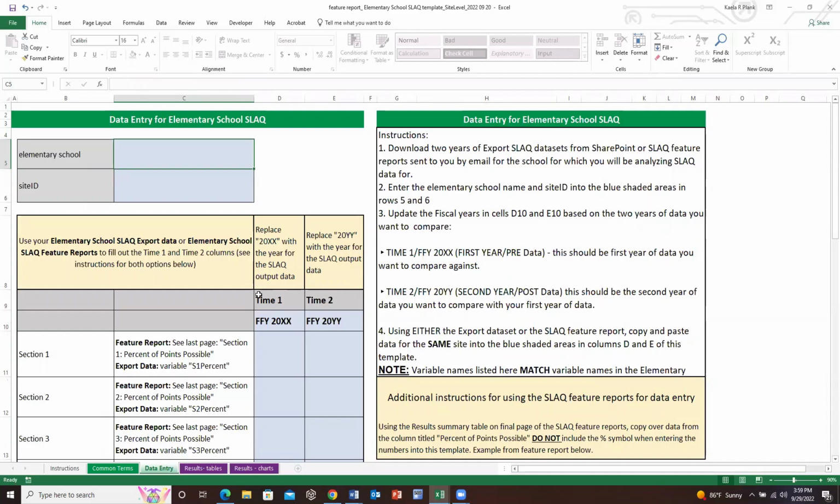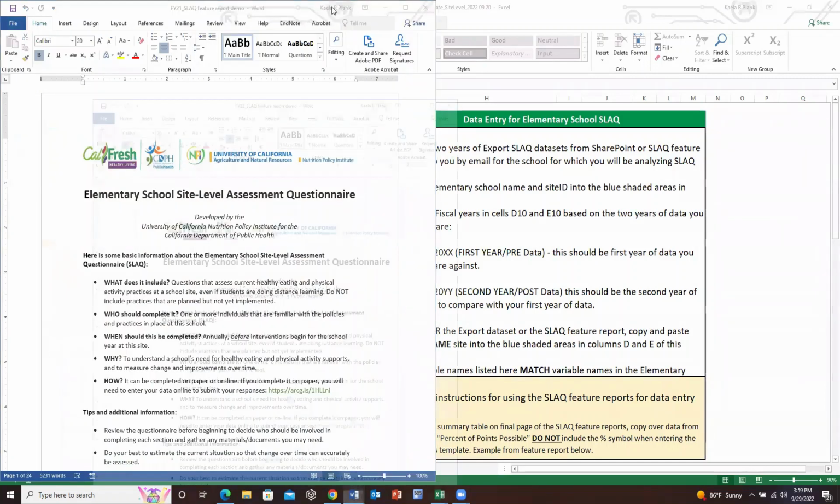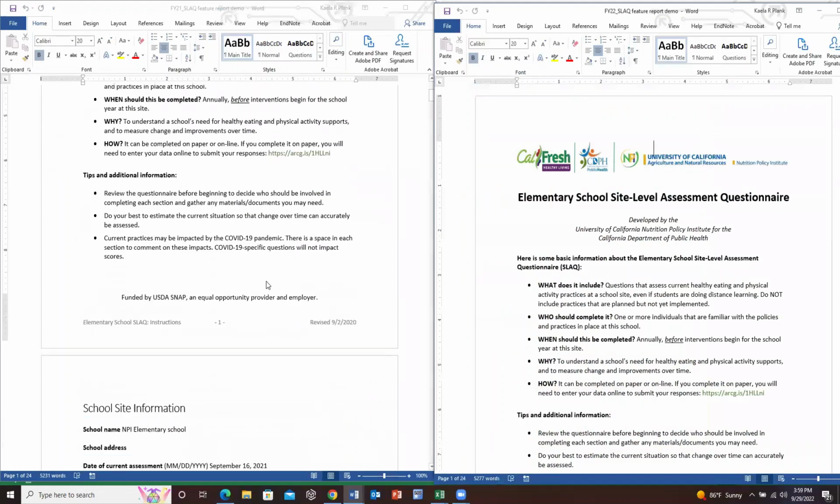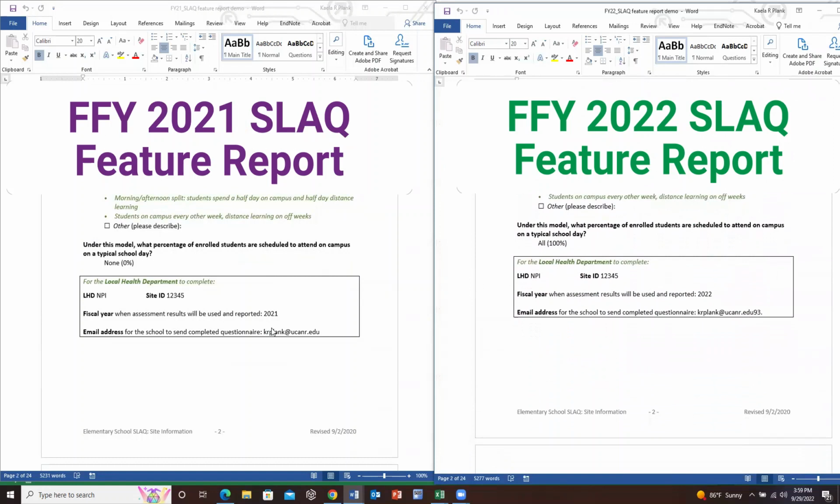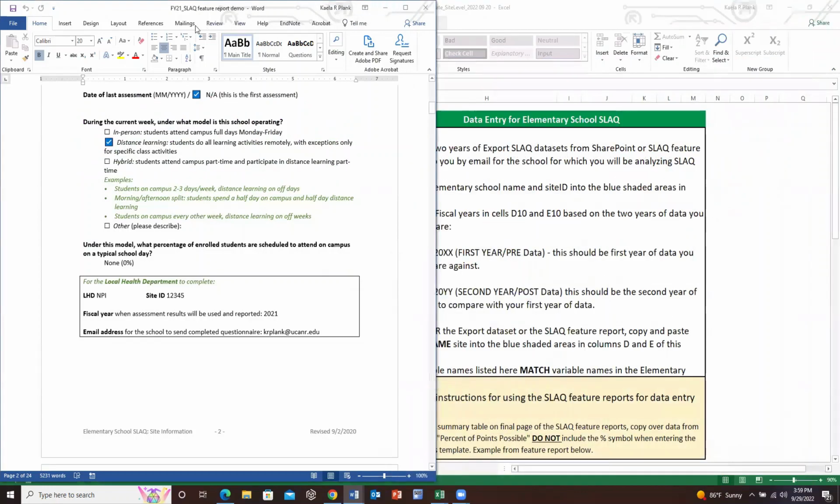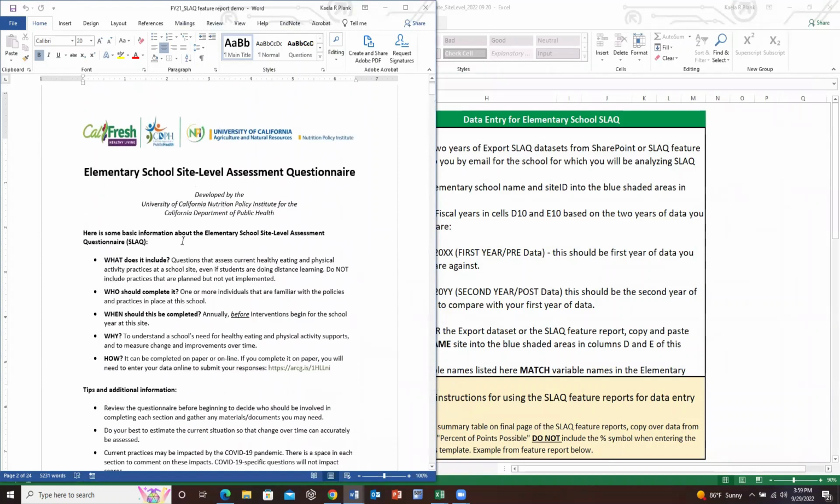In our example, we have 2 SLAQ feature reports for a school named NPI Elementary. So here are the 2 SLAQ feature reports. And we can confirm that these are both for NPI Elementary, as you can see here. Okay, so our first step, now that we have our feature reports, is to start with fiscal year 21 and